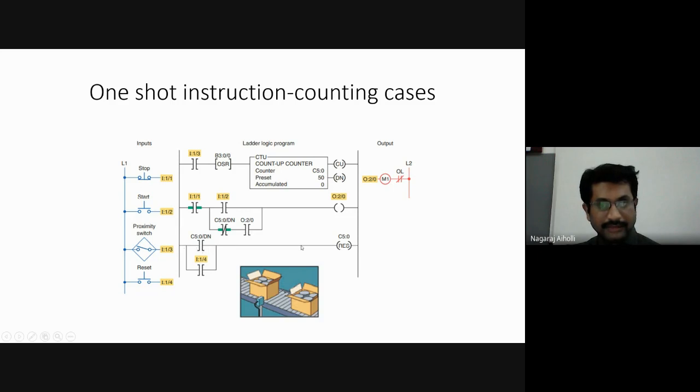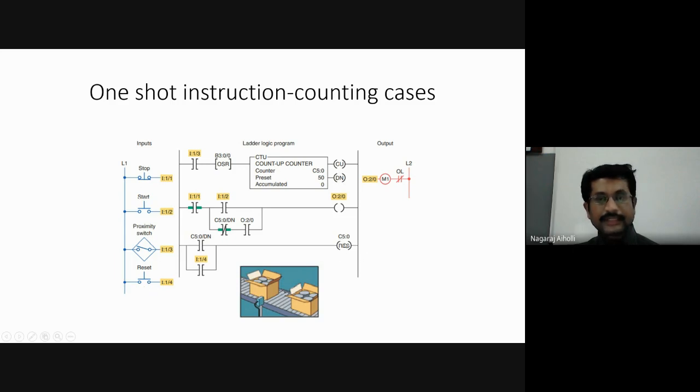Then later in the third rung, what is happening? C5:0/DN, when this done bit becomes high, this contact becomes true. I:1/4, what is this I:1/4? It is reset, right? For resetting the count. As we press this reset count here, the reset instruction is activated.